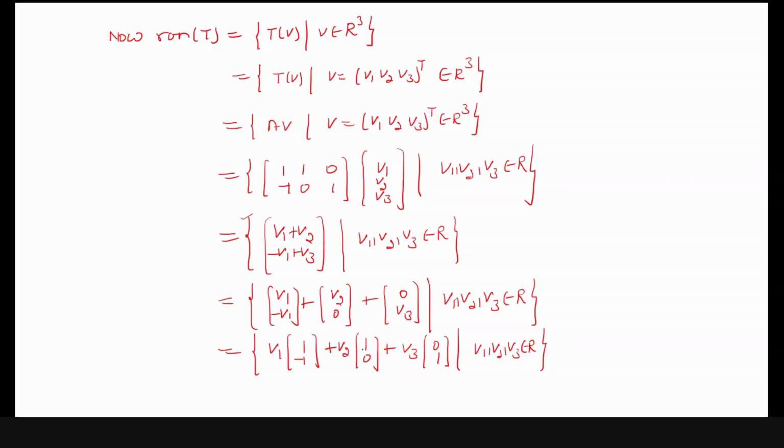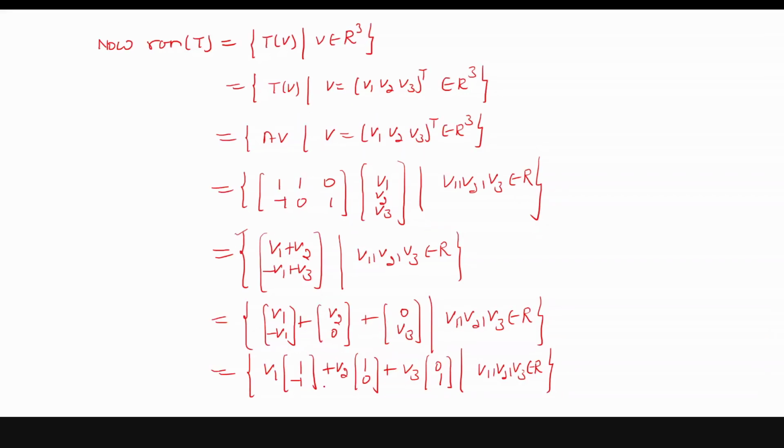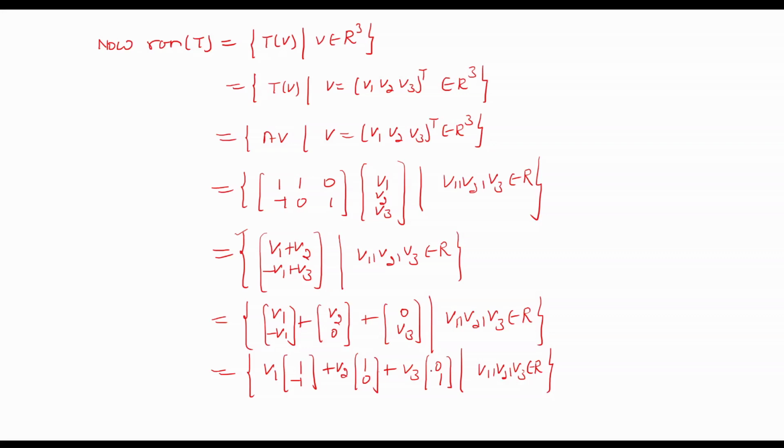So these three vectors will not constitute a basis, because the first vector is a scalar multiple of the remaining two vectors. So we can write it in the form b1 plus b2 times vector (1, 0) plus (minus b1 plus b3) times (0, 1), where b1, b2, b3 belong to the real numbers. Now this vector can be written as a scalar multiple of these two vectors, (1, 0) and (0, 1). (1, 0) and (0, 1) are linearly independent of each other.